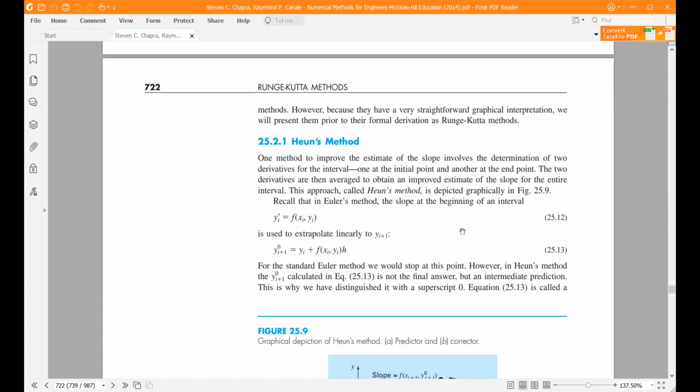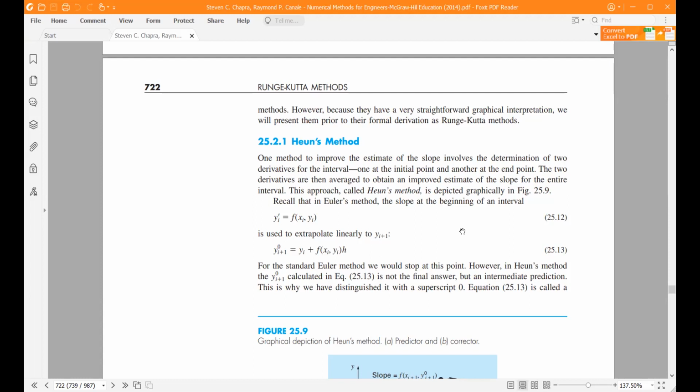For this reason, in the Huygens method, first the slope is calculated at the beginning. Using that slope, the function value is calculated by using the simple Euler technique. Then using that,